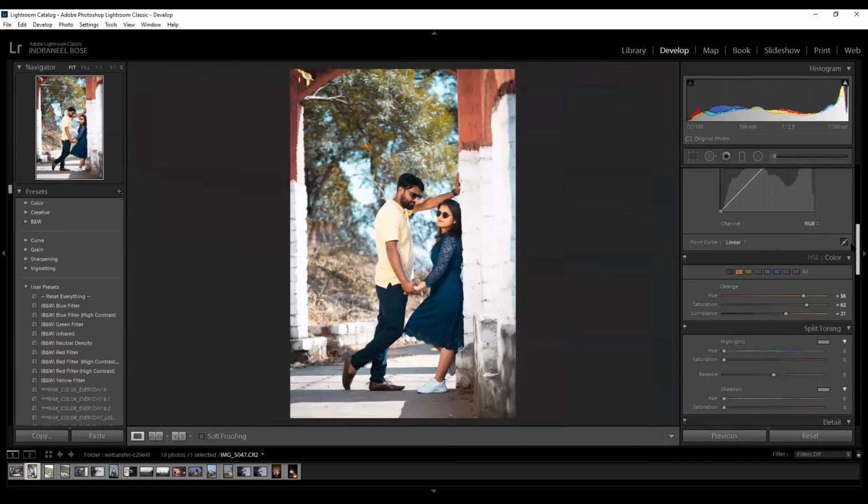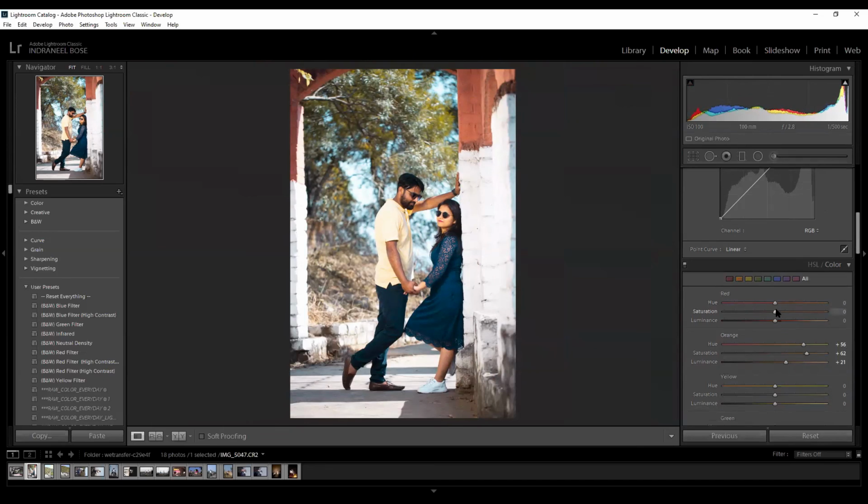Now we go to the orange part also. So this is how we can balance out the images. Or masking is a very effective way to do. Best way is to do the masking part. Basically, masking is more like playing with the layers of the image in Photoshop. Because anything in Photoshop that you do overall is a global correction. When you mask, it's a local correction.